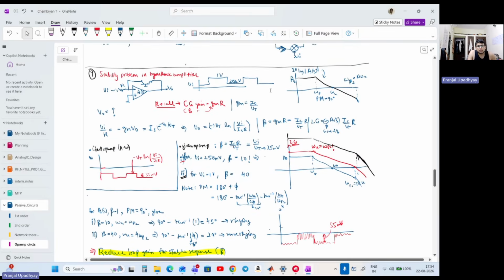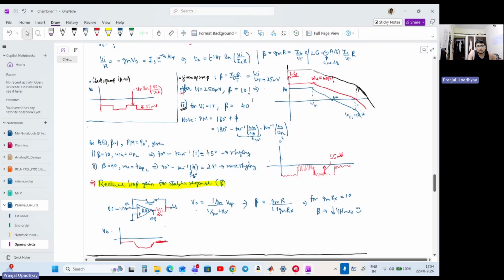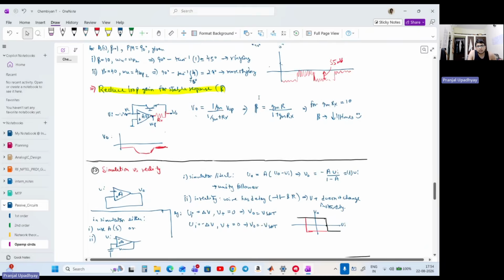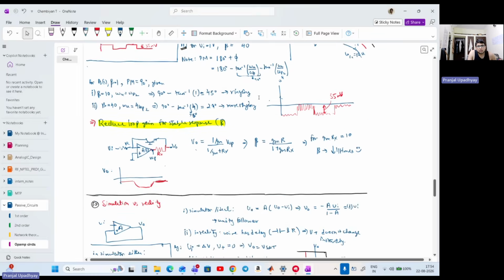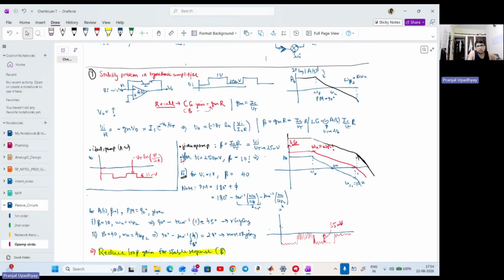Now that being said, I just want to really quickly revise all I have for negative feedback circuits, so that maybe in the next video we could discuss positive feedback also. Now here what I have is a logarithmic amplifier. You have already seen this, and you understand that its output is basically proportional to the natural log of input, right? So here this is the particular circuit that we have, and in the feedback loop we basically have a BJT